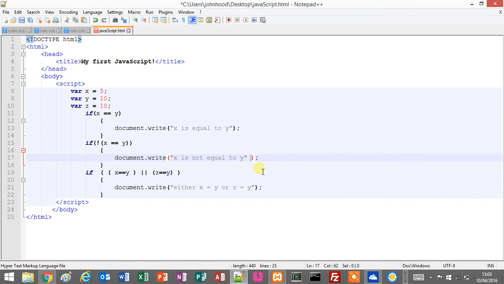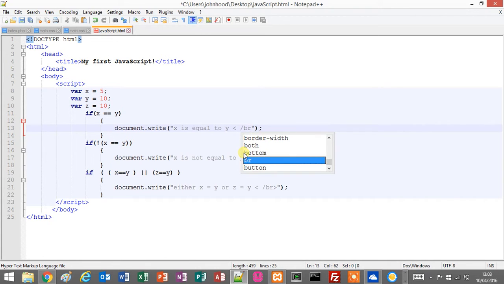I should always append this with a break. Put an HTML break line in there just so that it goes on a different line. Right, so